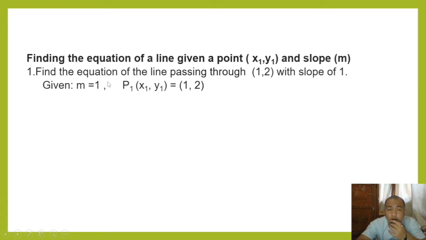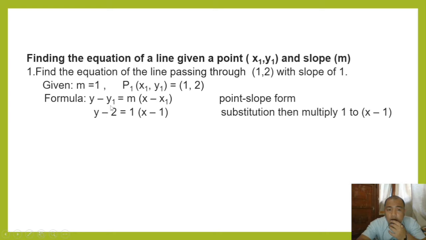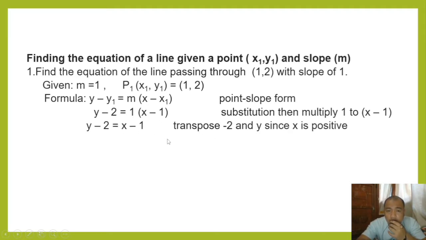So if the slope is 1 and the given point is (1, 2), then by the point-slope form, y minus y sub 1 equals m times quantity x minus x sub 1. Substitute: y minus 2, since y sub 1 is 2, and x sub 1 is 1, so x minus 1 times the slope, which is 1. Then multiply 1 by x minus 1, still x minus 1. Then what's next? Transpose